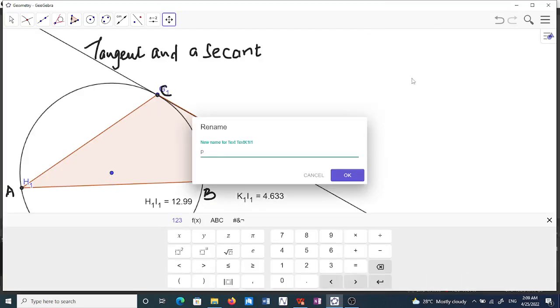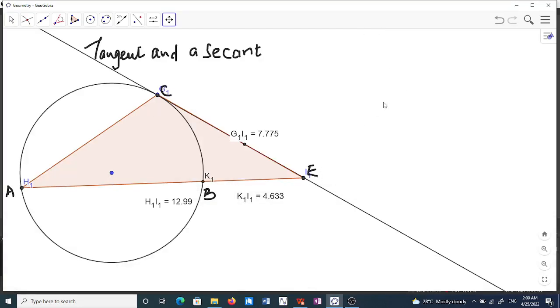Now let us deal with the third case here. We have a tangent and a secant. You can see the secant is coming to this point, and then we have a tangent. So there is something that we need to investigate here, that if we have a tangent and a secant, then we can investigate the following and see whether it applies. One, we are going to look at the relationship here as usual, which is